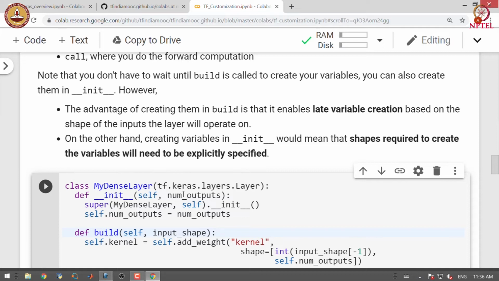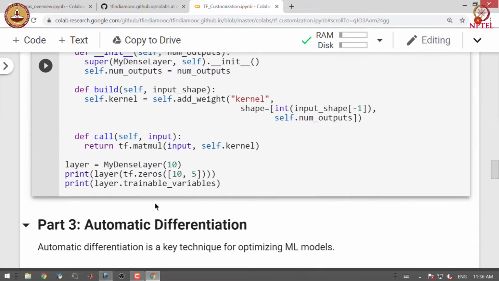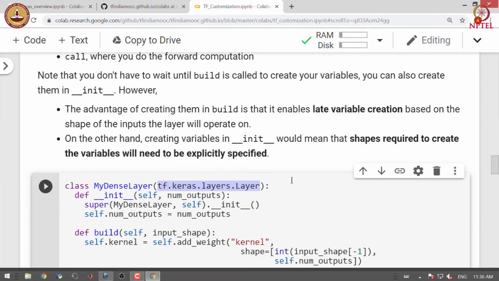In this particular case we are defining MyDenseLayer, which extends the Layer class, and you can see that we have implemented three methods. One is the constructor. In the constructor we first call the constructor of the base class, and we specify the number of outputs with a variable num_outputs.